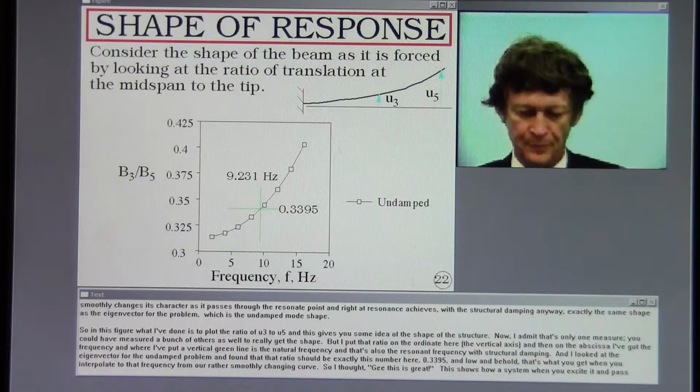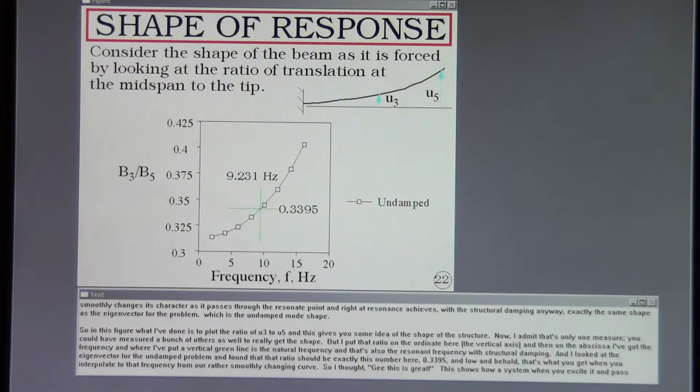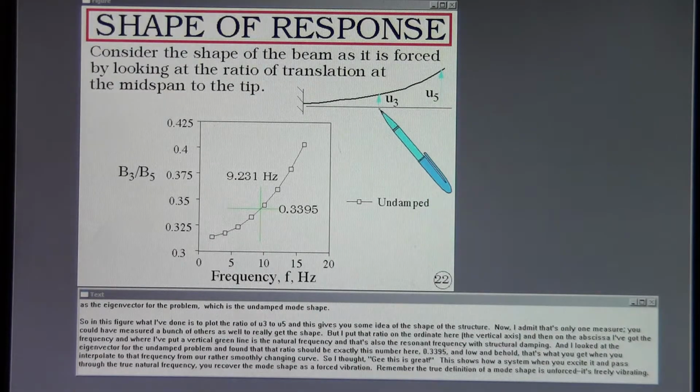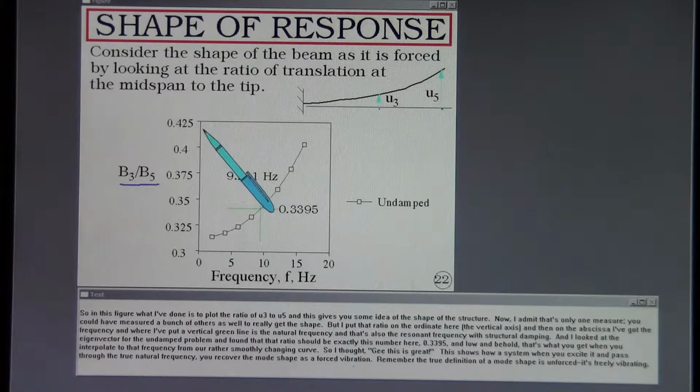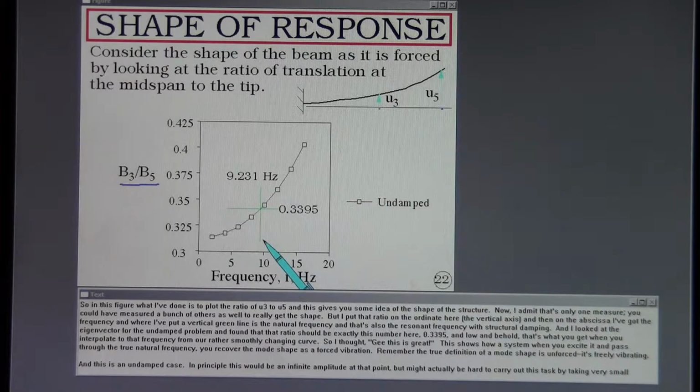undamped mode shape. So in this figure, what I've done is to plot the ratio of U3 to U5. And this gives you some idea of the shape of the structure. Now I admit that's only one measure. You could have measured a bunch of others as well to really get the shape. But I put that ratio on the ordinate here, the vertical axis, and then on the abscissa I've got the frequency. And where I've put a vertical green line is the natural frequency, and that's also the resonant frequency with structural damping. And I looked at the eigenvector for the undamped problem and found that that ratio should be exactly this number here,